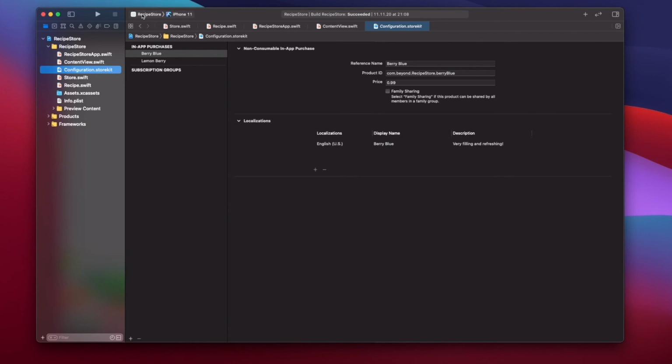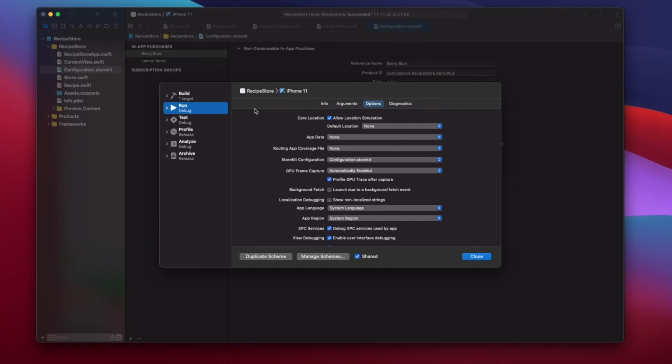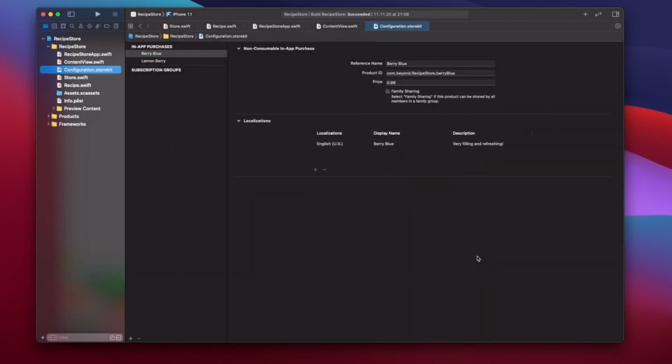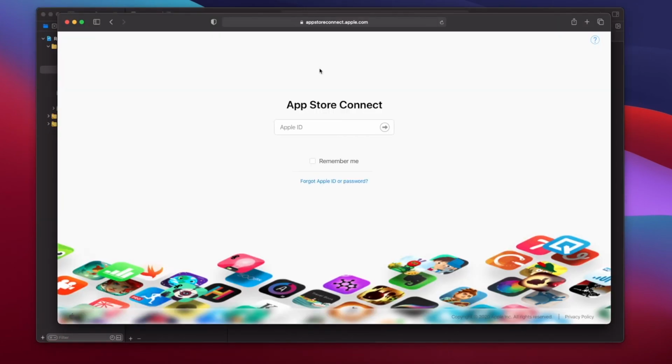So what we have to do is we have to select on the current scheme and then choose Edit Scheme. And once you go here to Run and Options, you should see your StoreKit configuration, and here you want to choose None, because once you do None, it will really try to connect to the App Store Connect and see if you have defined the in-app purchases there. So press Close and open up your browser and navigate to the page called